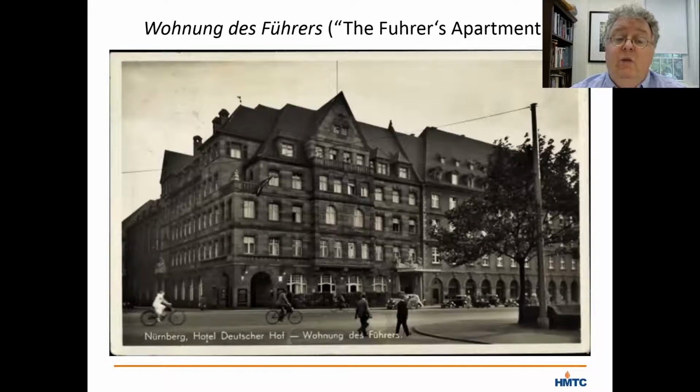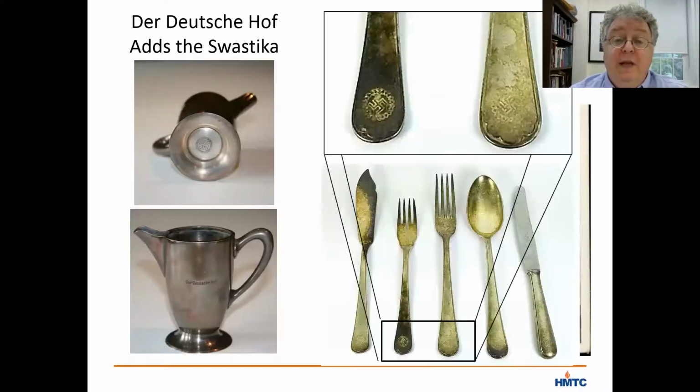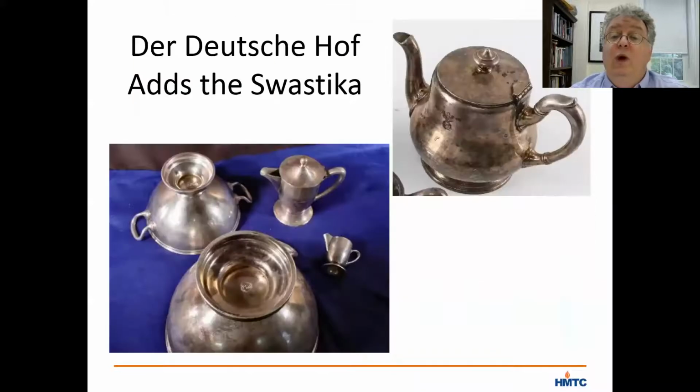Sorry, it's not clear when Der Deutsche Hof added the swastika to its tableware and to the creamer. And I should make clear that it was not just on their creamers, but on all their flatware that you can see here, as well as on serving platters, and coffee and tea urns. It's possible that the swastika was added early in 1935, although it may not have been until the following year,